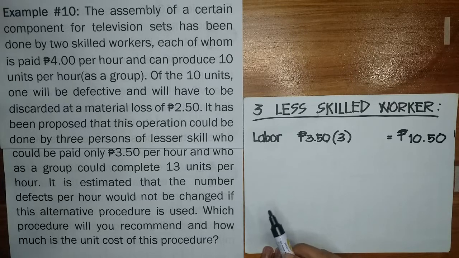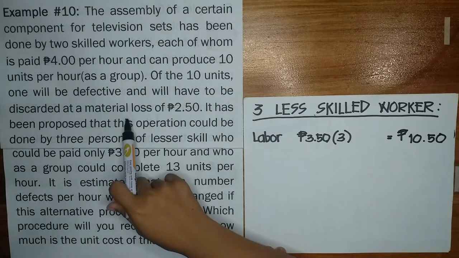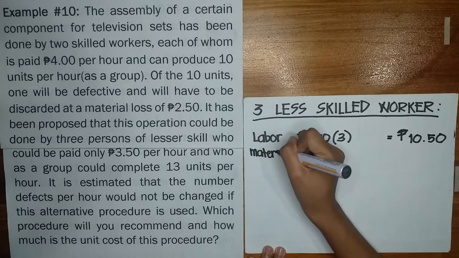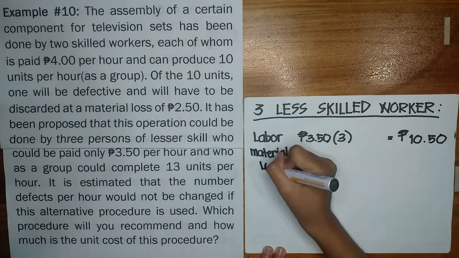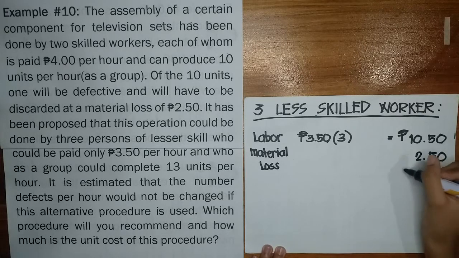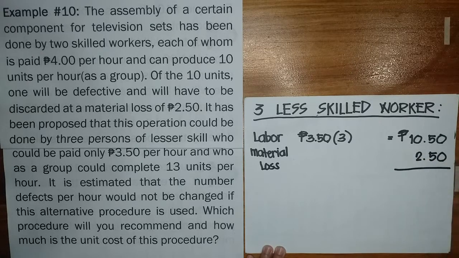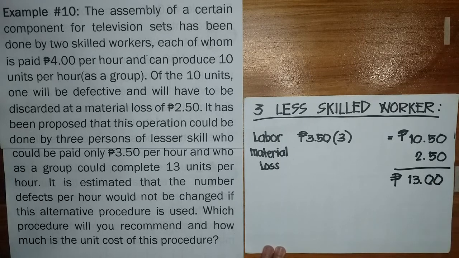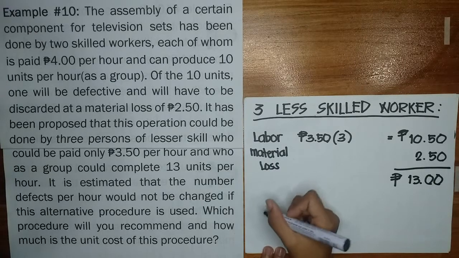Tapos, sinabi rin na number of defects would not be changed. Ibig sabihin, meron ka pa ring material loss. So, material loss is equal to 2 pesos and 50 centavos. Wala na tayong ibang gastos, kaya i-total na natin. So, we have 13 pesos. So, para ma-compute natin yung unit cost,